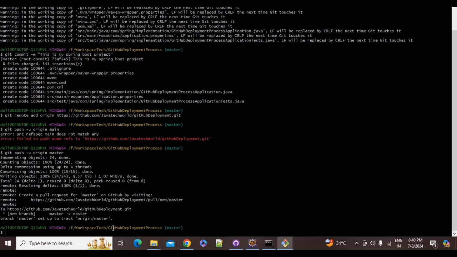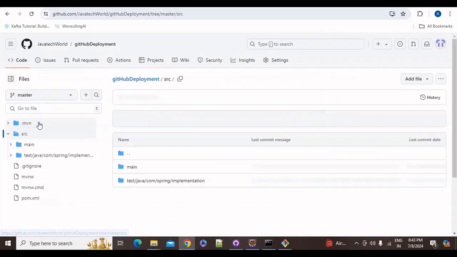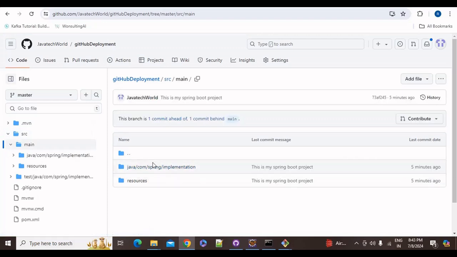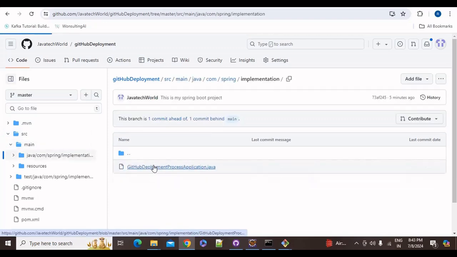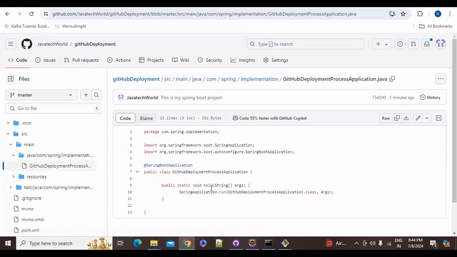So now if I go to this repository, here you can see that our code is present on the master branch as we have pushed on the master branch. So here is my code present. If you want to check the code, you can check it from here. You can go on src, click on main, and click on this path, and here you can see that our project is present and the same class is present, right? So this was the way of using git commands to push your code to your GitHub repository, right?